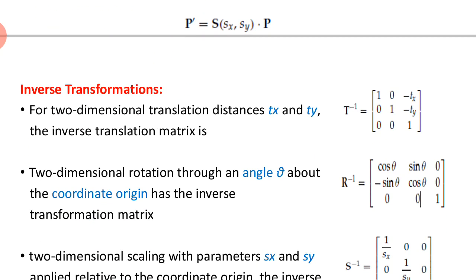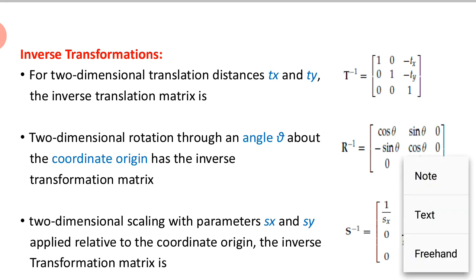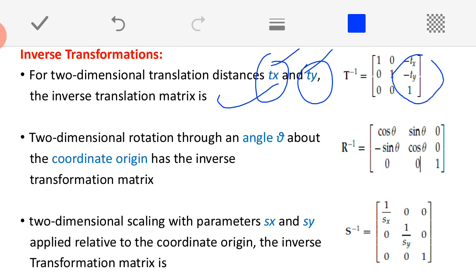After this there is just a very small topic, that is the inverse transformation. Inverse in the sense of reverse. For translation, rotation and scaling, we can perform inverse translation, inverse rotation and inverse scaling. What is inverse translation? For 2-dimensional translation with distances Tx and Ty, the inverse translation matrix is given by negating them: if at the time of translation the values are Tx and Ty, then minus Tx, minus Ty will become